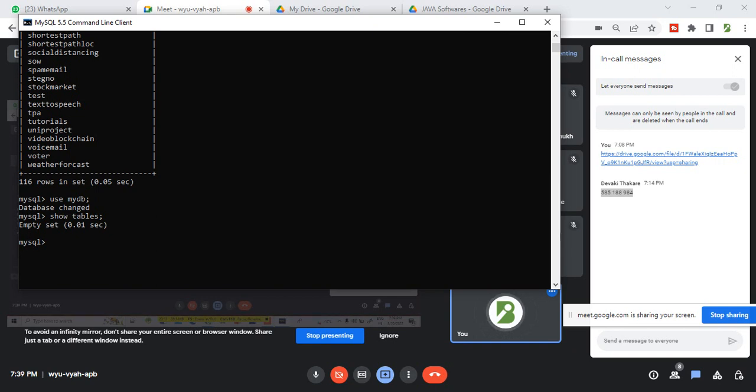Yes, sir. Okay, so what are the operations we have to perform? CRUD operations we have to perform. C stands for create, R stands for read, U stands for update, and D stands for delete. These are the operations we can perform onto a database. So we are just created here for database, then we check what are the tables available over there. Once we check for the table, we just know what are the different ways we can execute here again.